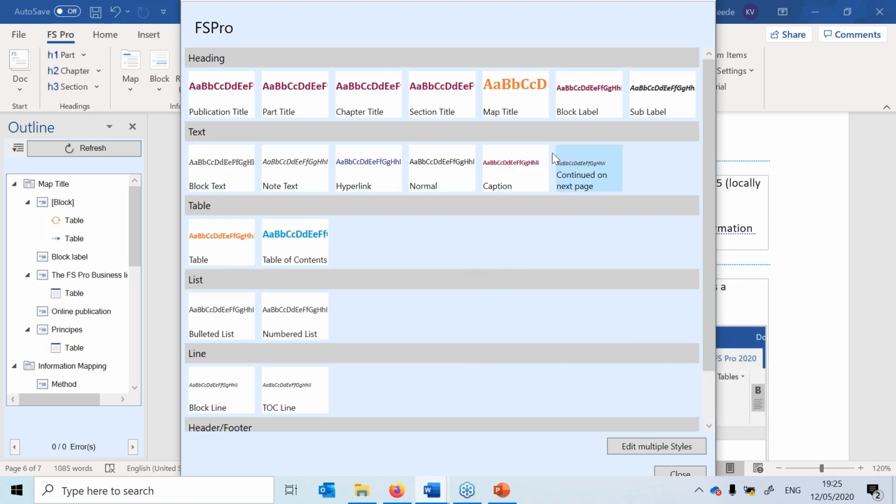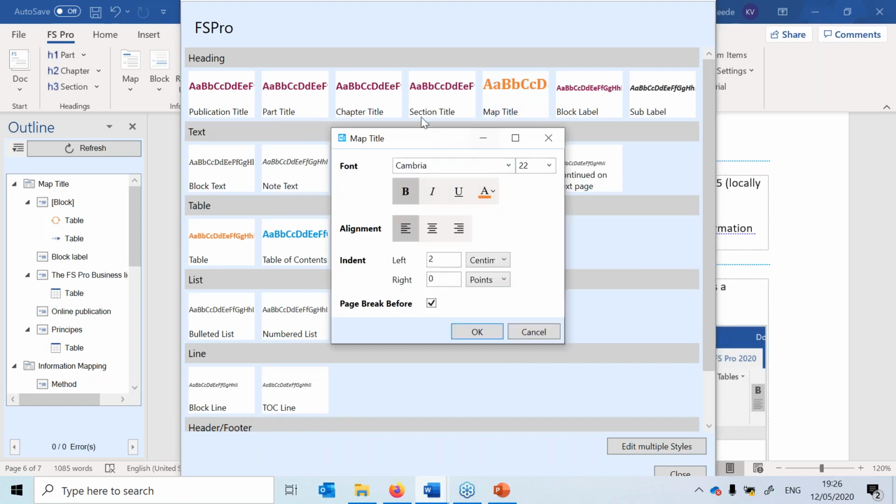Now, if I go from the top, for example, if I want to change my map title, whereas in the past you had two tabs, I believe the first tab was called text or font or something like that, and the second tab was borders. This tab borders had nothing to do, of course, with map title. So we simplified